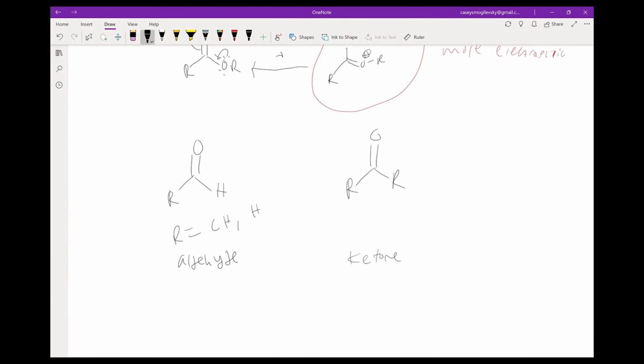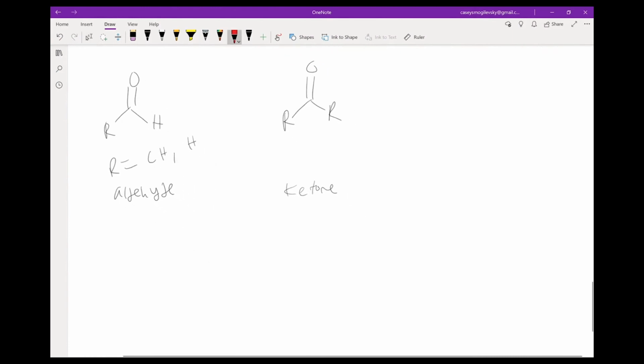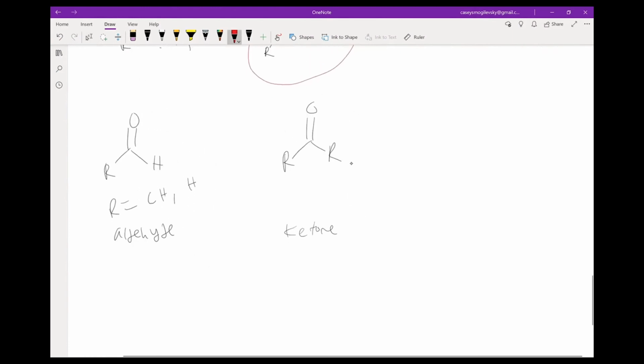It actually turns out that carbon groups, say methyl groups or ethyl groups or benzyl groups, are slightly electron donating. And what they can do is give some of their electrons to this carbonyl carbon right here, as I like to call it. So aldehydes are actually more reactive, more electrophilic, as compared to ketones,